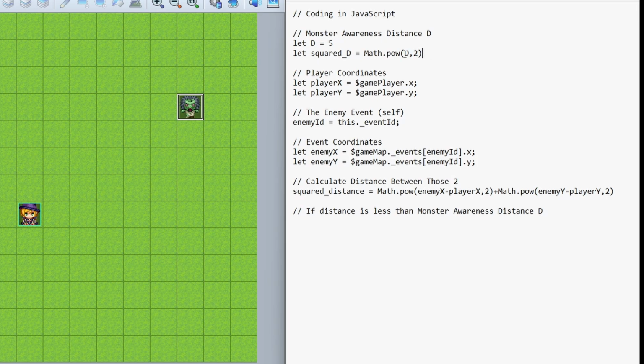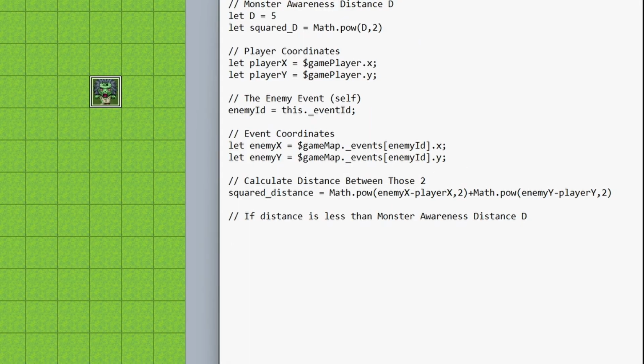Okay, so at this point we're comparing this distance squared with this distance squared. Why? Well, we just said that if the distance between these two entities is less than the distance we want, something should happen. So let's write now this conditional statement. So if condition, stuff happens, that's how it works, right? So the condition is